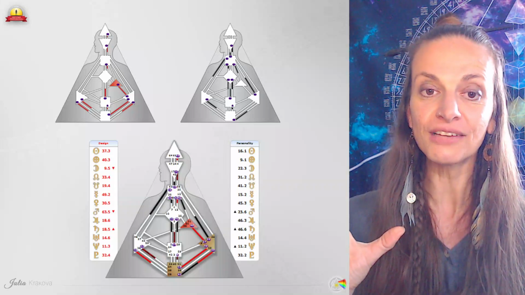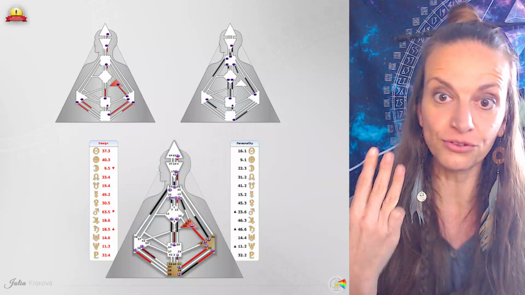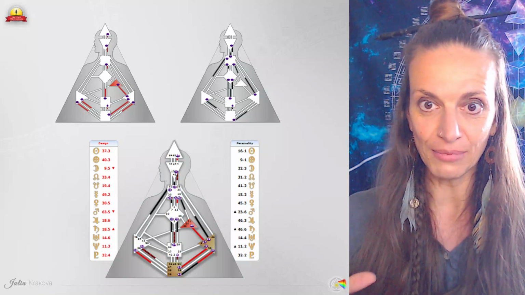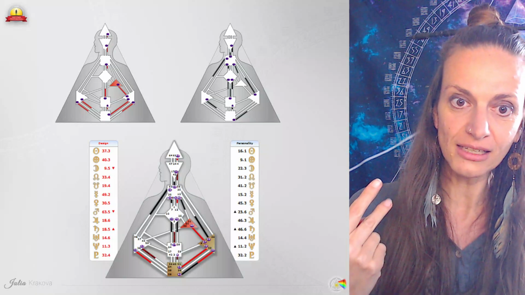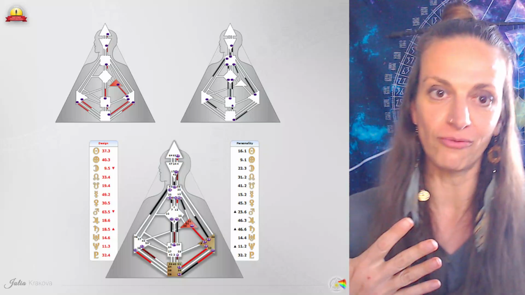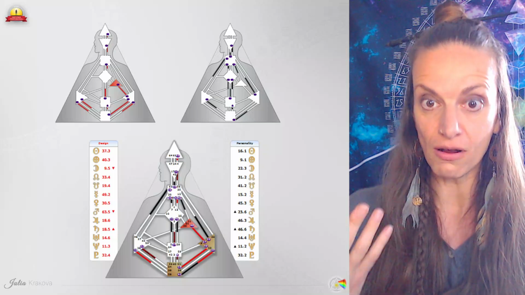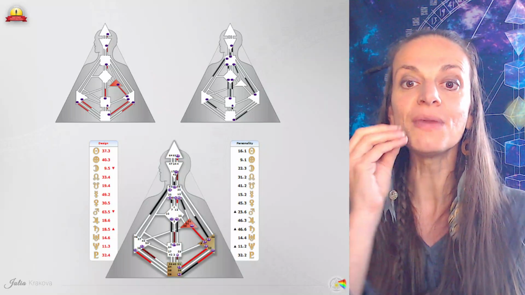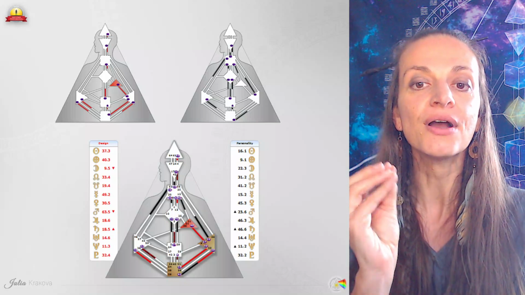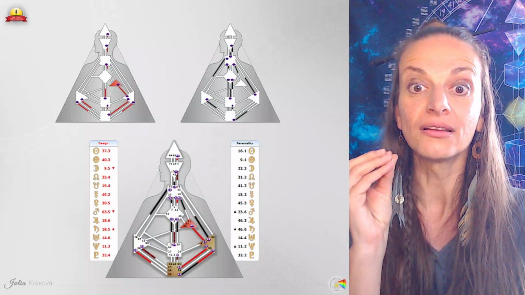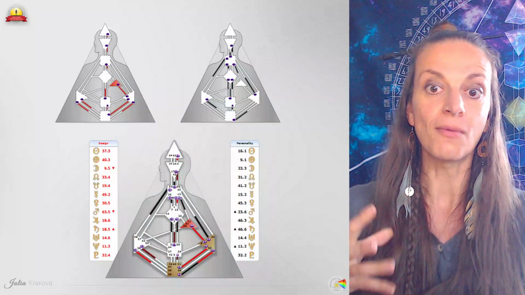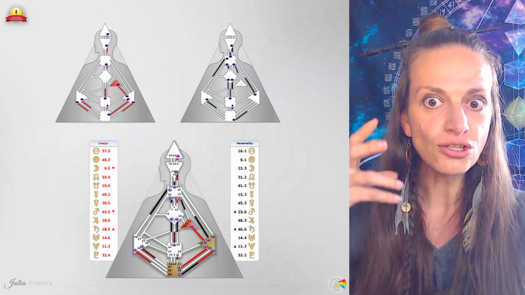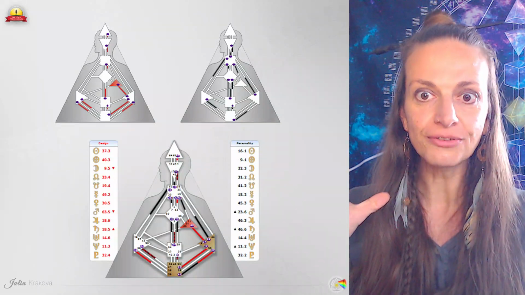I gave you here my version, and you see I have 3 channels in my design, and all of them have red elements. 2 of them are completely red, and 1 of them is half red, half black, which makes me on the conscious level a reflector. Obviously, I'm not a reflector, because when we name the type, we actually name the structure of the aura. So my aura is an aura of the projector. But on the conscious level, I think I'm a reflector.